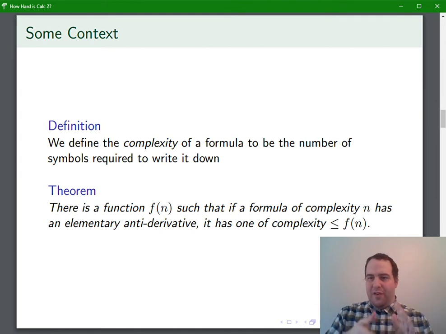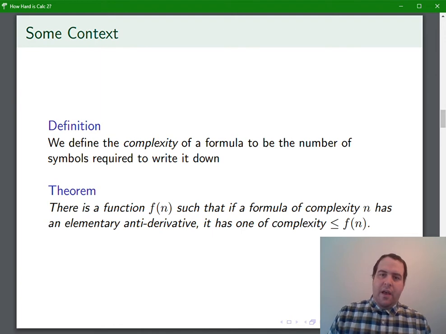our approach of writing down a list of candidates, actually, there's something there. Right? We can, for instance, define the complexity of a formula to be the number of symbols required to write the formula down. Any notion of complexity is fine as long as there's only finitely many members of each complexity class, and there's countably many